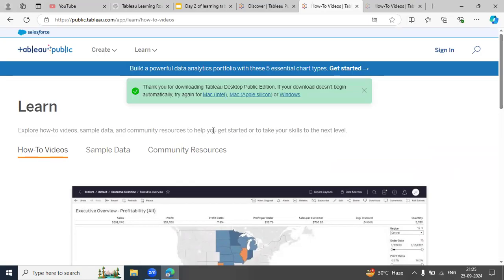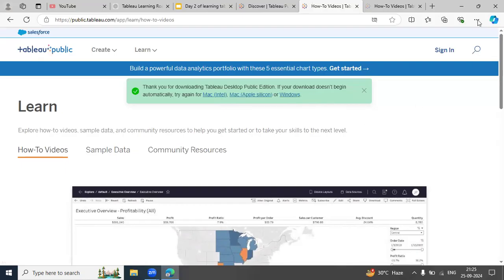If it's not downloading, there is one more option that you can click on, depending on whether you are downloading for Mac Intel, Mac Apple Silicon, or Windows. We are working on Windows, so we will click on Windows, and it started downloading. If it's not downloading, you can just click on this, and it automatically starts downloading.